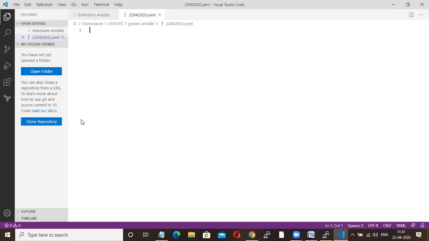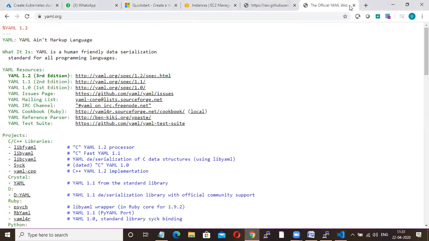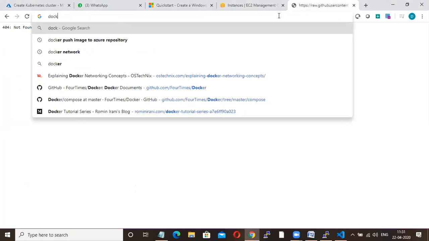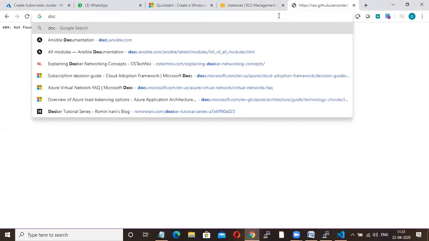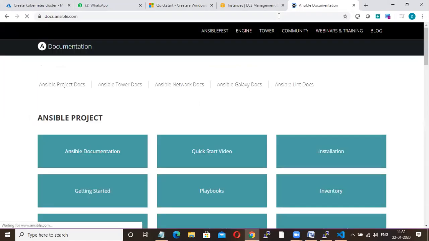Okay, so here everything is available in docs.ansible.com. That is in this website. Okay, always if you want to become a good DevOps engineer, then always you have to follow official websites. Okay, so everything is available in this website. What I'm going to do is write one simple playbook. First, I'll start with a simple playbook. Then we will customize later. Okay, fine.